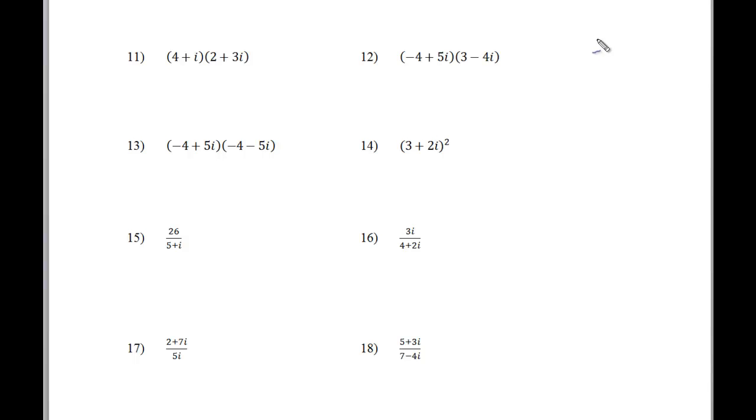The first thing to remember is that the square root of -1 is the letter i, and if I have i squared, that's going to be equal to -1, because i squared is the square root of -1 times the square root of -1, which is going to be equal to -1. So just a couple things to remind us about that. i is equal to the square root of -1, i squared is -1, and